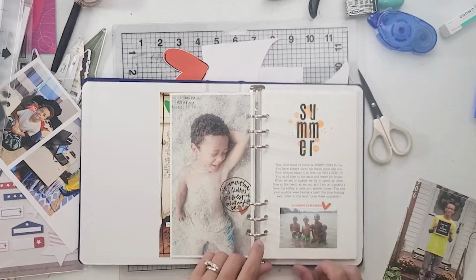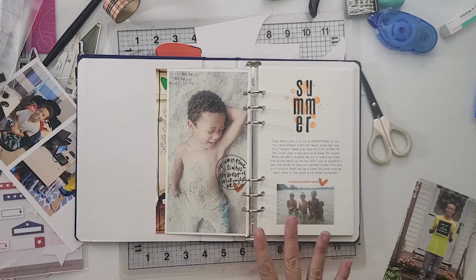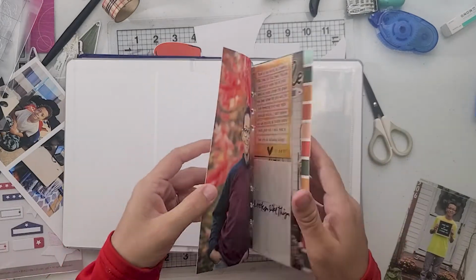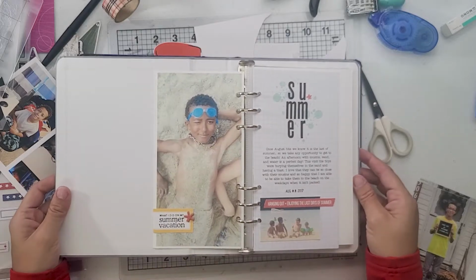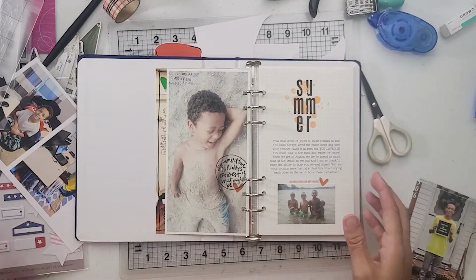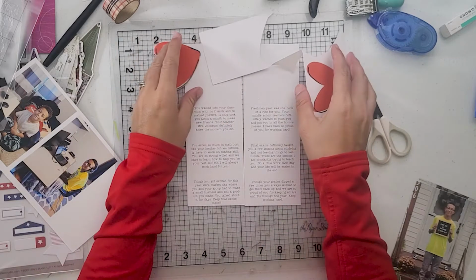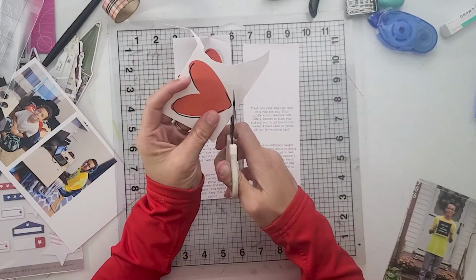So this is one right here where we did the summer, same event, pretty much. They were doing the same exact thing. And so that was my youngest son's and my oldest son's. So same exact spread, pretty much, just a little bit different. And I put it in both of their albums. So this one actually will be going in our newest albums, though,